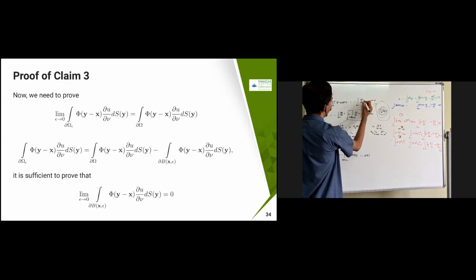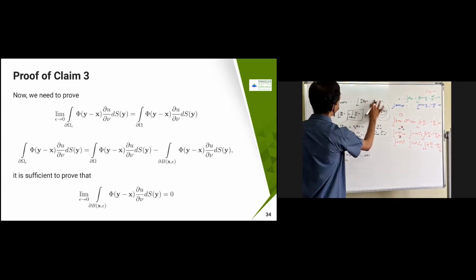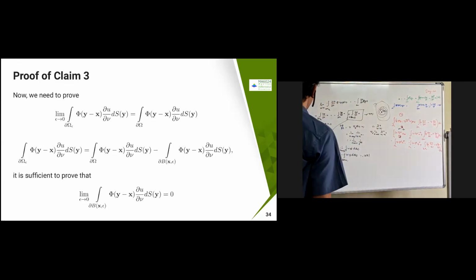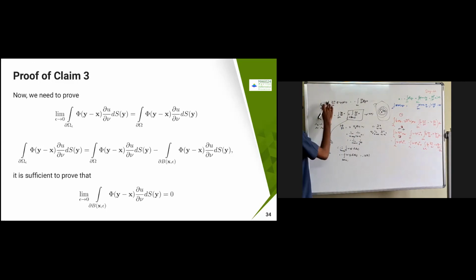This is going to become like pi of y minus x. Okay, and this is not there. This is what we need to do. Same kind of things here. Same kind of logic. Use the omega epsilon definition here. What we are going to use is that. So there is no minus here.